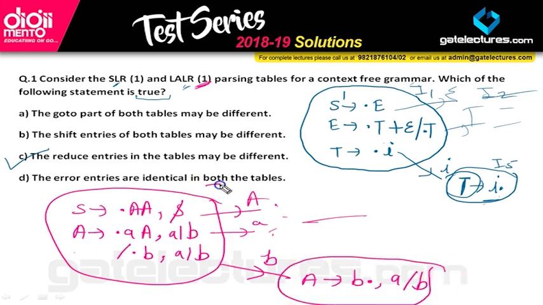So let's say this one is I0, then I'll have I1, I3, I4, whatever. Let's say this one is I6. So in the LLR parsing table, in the sixth row, this particular reduce entry will be put only under the terminal symbols A and B. That's why the reduce entries in both the tables are different, because in SLR1 we have just seen the reduce entries are put on the follow symbol of this particular non-terminal symbol, and in LLR1 they are put in the look ahead symbols. So that's why there can be changes in the reduce entries of the tables.